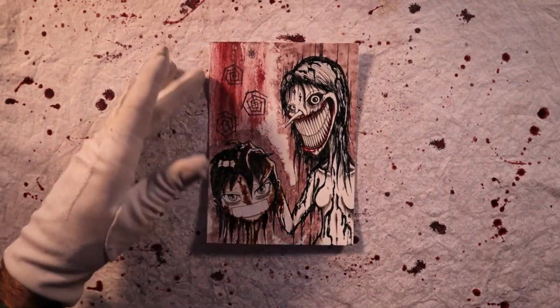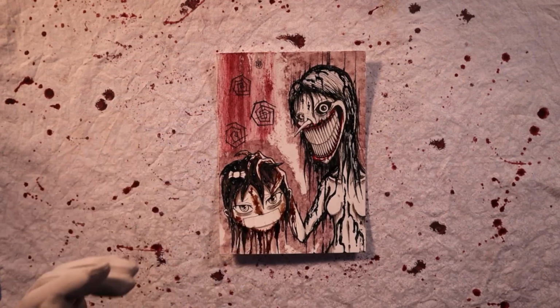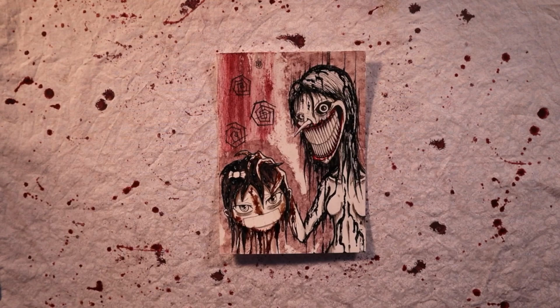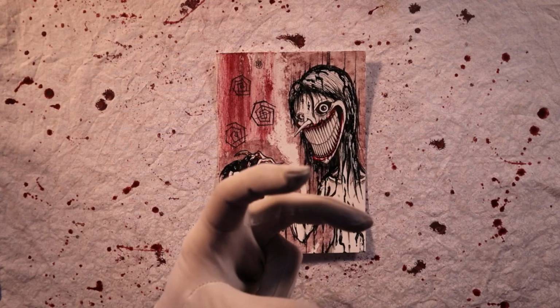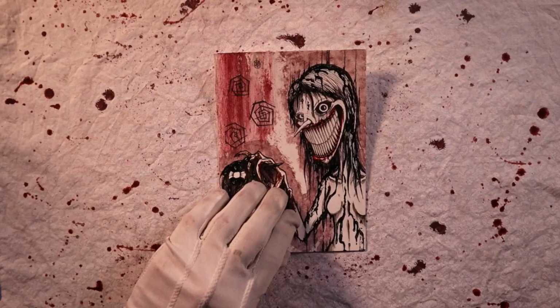This one's called Bowling Ball. This fine demon just loves bowling. What's wrong with that? Even though most of her bowling balls are skulls. I feel like if someone used your head as a bowling ball, you would definitely use the eyes and the mouth as the holes, right? Anyways,